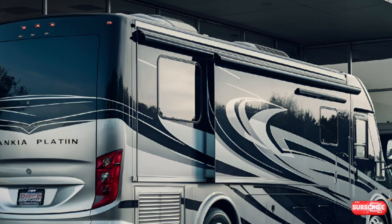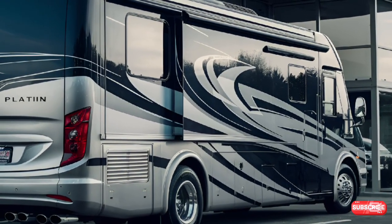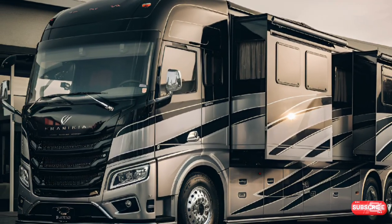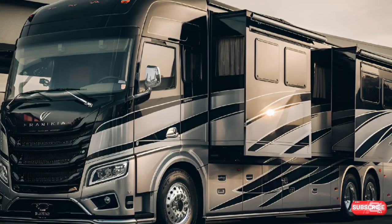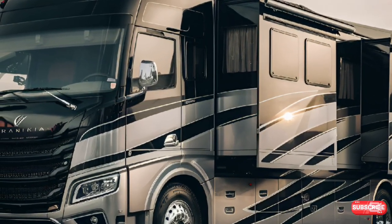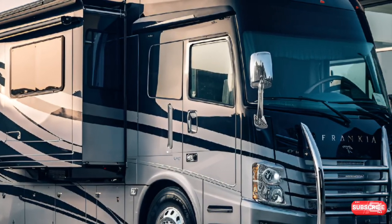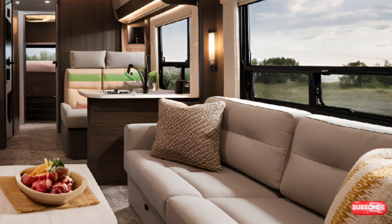Let's begin with the stunning exterior. Standing tall and proud outside a showroom, the Frankia Platin I 8400 GD looks absolutely radiant in the early morning light. The sharp contours, chrome accents, and aerodynamic structure give it the presence of a luxury coach, a machine built for long hauls and limitless comfort. Its wide panoramic windshield and large side mirrors enhance visibility, while the custom paintwork reflects sunlight like a mirror. With windows that open wide and fine detailing from front to rear, it's not just a vehicle, it's a masterpiece